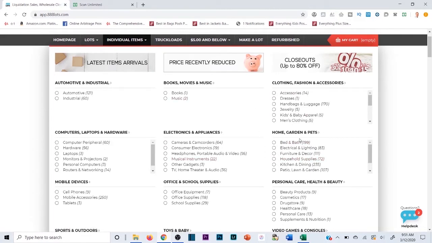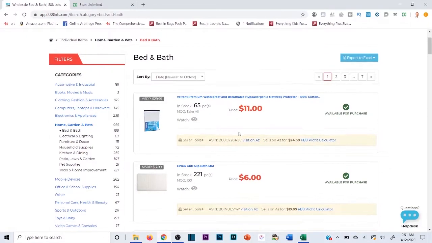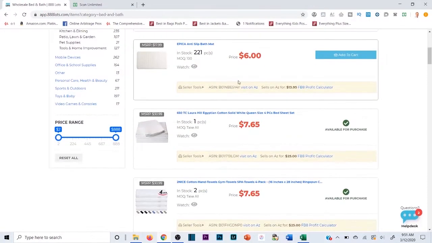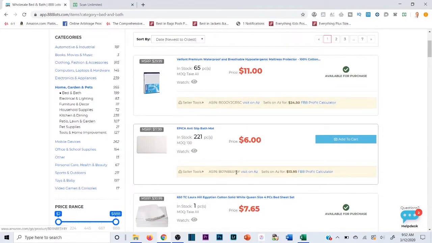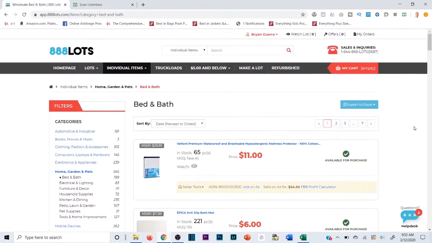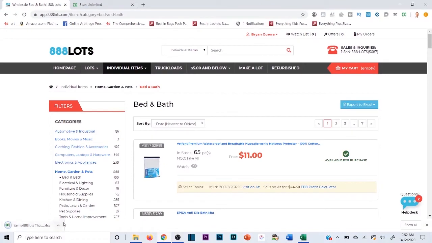So if we go to bed and bath, that's 199 products in that category currently. And you're going to see that usually you can scan through and it provides you all the details. It's going to give you the ASIN, the visit on Amazon link, the price, potentially the retail price. Or if you scroll all the way up to the top, it's going to say export to Excel. So if you export this to Excel and you click Microsoft Excel, it's literally going to pull up and download a lot right here